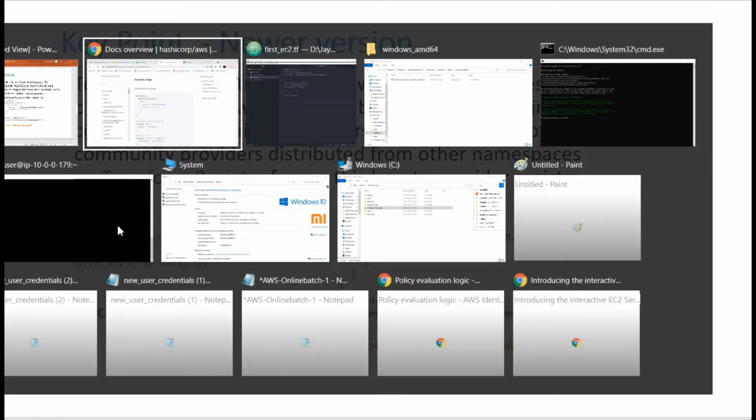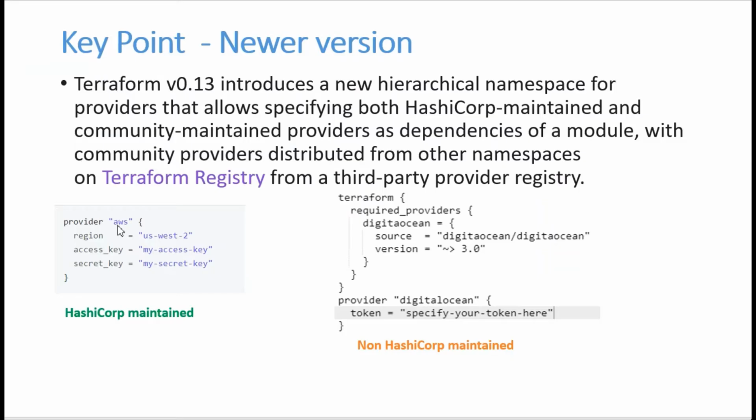You can see in the console which providers are maintained by Terraform. Non-HashiCorp maintained means Terraform is not maintaining them. Assume DigitalOcean is not maintained by HashiCorp. At that time, if you are not specifying this block, terraform required providers, we will get an error.